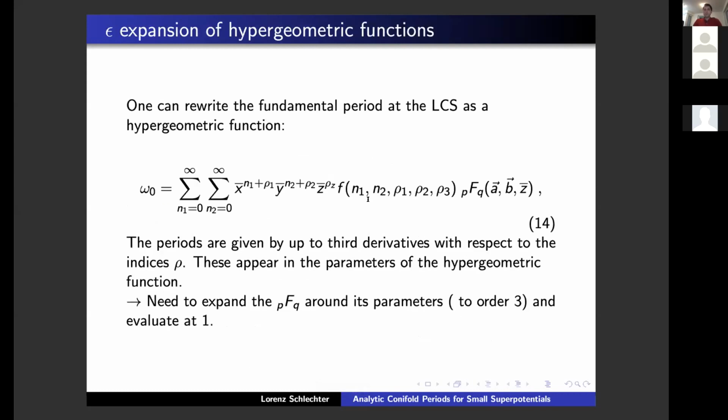Namely, the so-called epsilon expansion of hypergeometric functions. If we go back to the expression at the large complex structure point of Hosono, Klemm, Theisen, and Yau, we can actually perform one of these summations analytically. So we have,